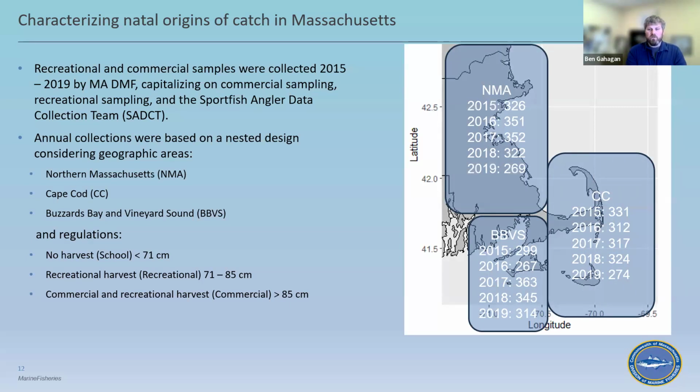So out of all our available samples, we then randomly selected these 5,000 from the available pool based on questions we had about annual composition, the area collected, and the regulations in place in Massachusetts at the time the study began. So that led to more than 250 samples in every area and year combination. And sample sizes did differ depending on the question we asked. For instance, sample sizes were adequate for two-way interactions, but not three-way interactions. So I'm going to continue to provide these graphics just so everybody can see sample sizes throughout the results.